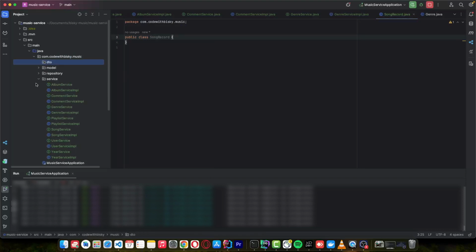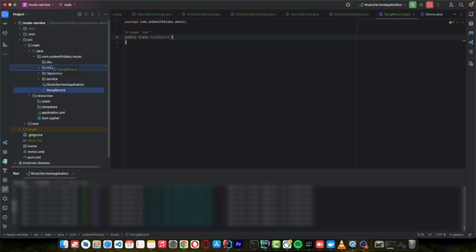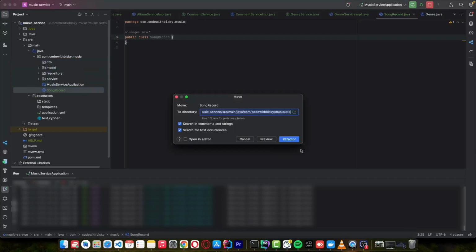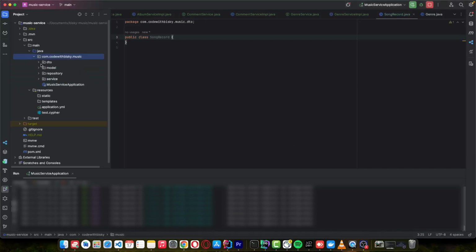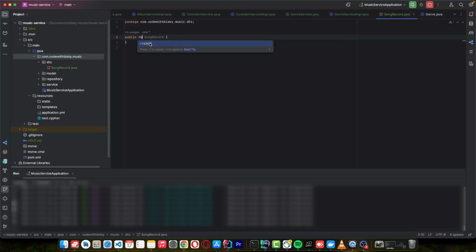So we want to limit the number of fields when creating a record. So the data that we are going to send, we are trying to send as minimal data as possible. So for this one, it's a record. So for an artist, when creating a song, this one is a song record. We are using Java 17 and above, so it's a record. So when creating a song, we need to pass a string title like this,